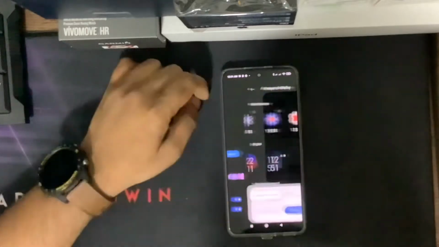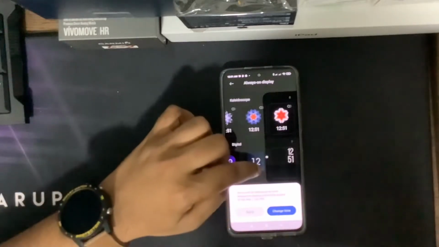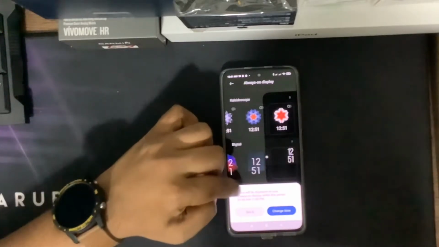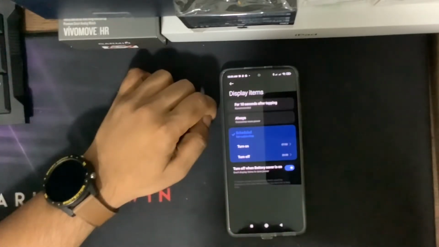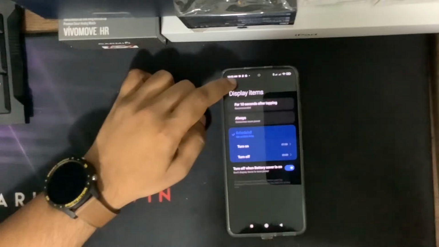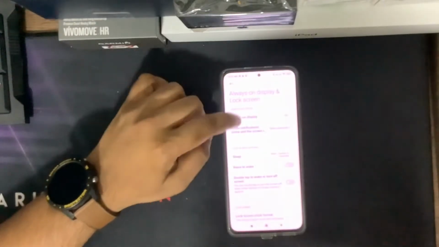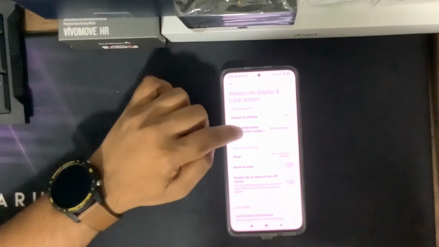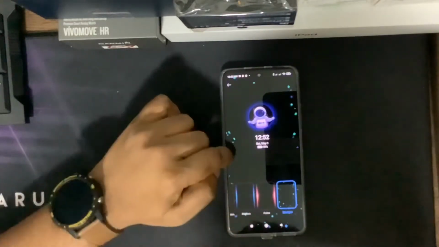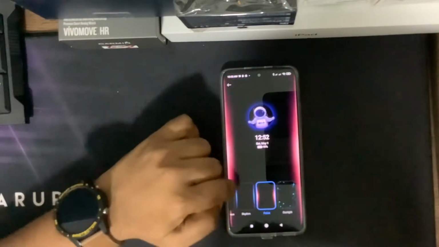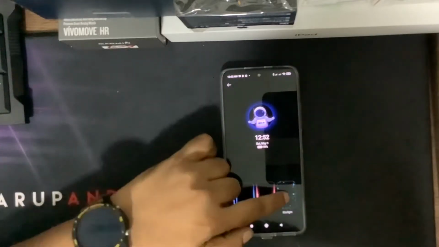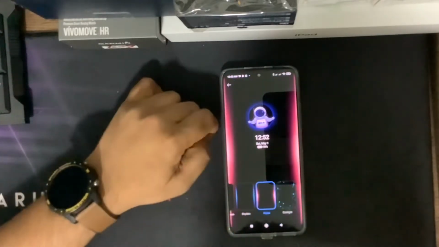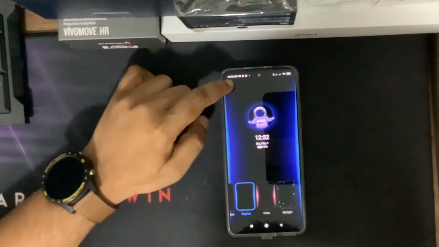So I'll go with this. Items display, change time. So on that, when notifications, there's an animation for the notifications. I think it'll just go a rhythm.